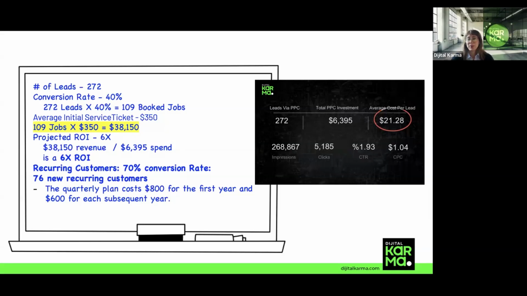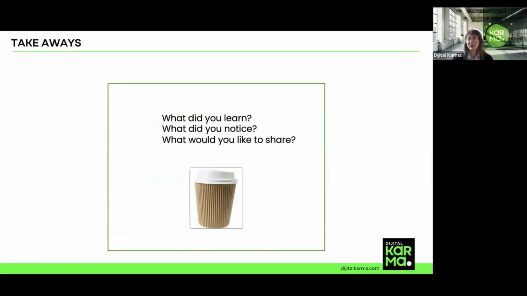Next, we are going to talk about how to structure and optimize all these Google campaigns. But before that, do you have any questions for me? Right. I could go case study after case study, but we have limited time.